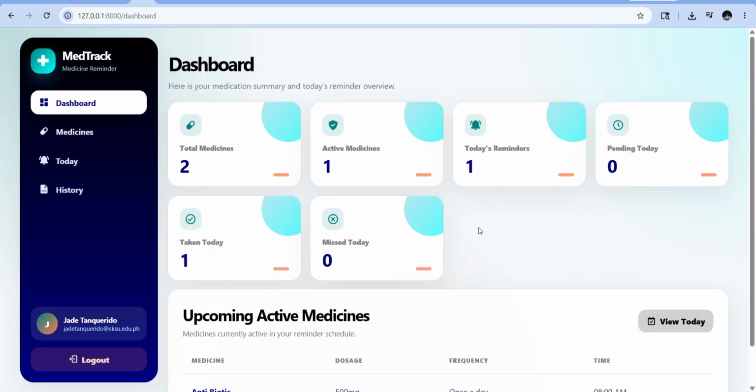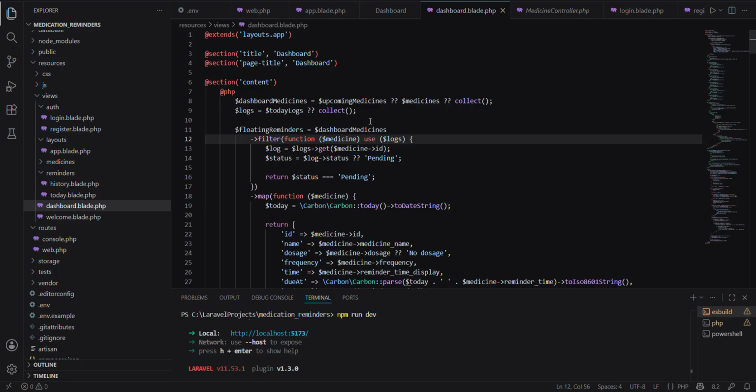So, let's go to our backend. For the security explanation, the system uses authentication, which means only registered users can access the dashboard and medication records. The system also uses form validation to prevent invalid input.